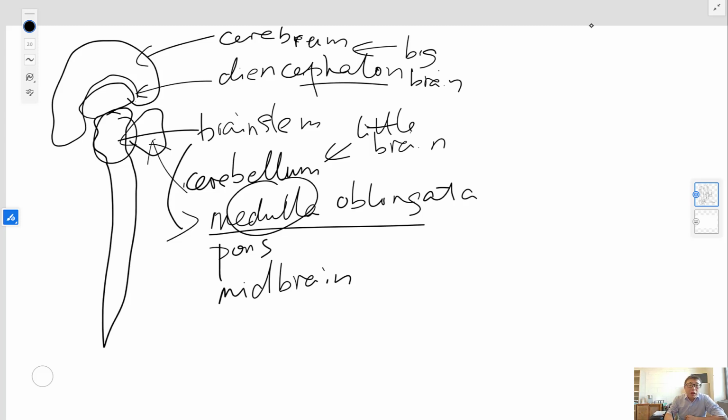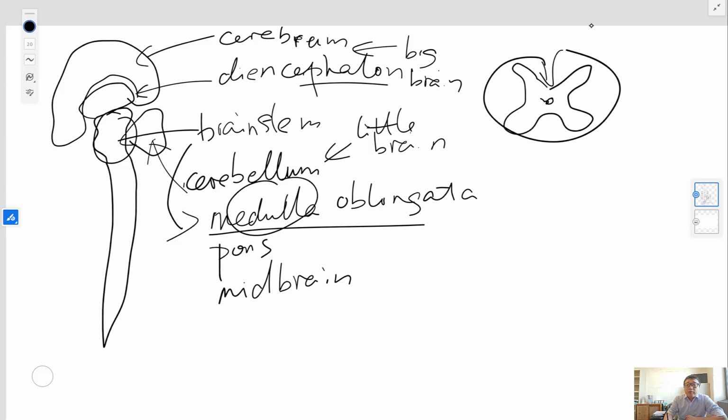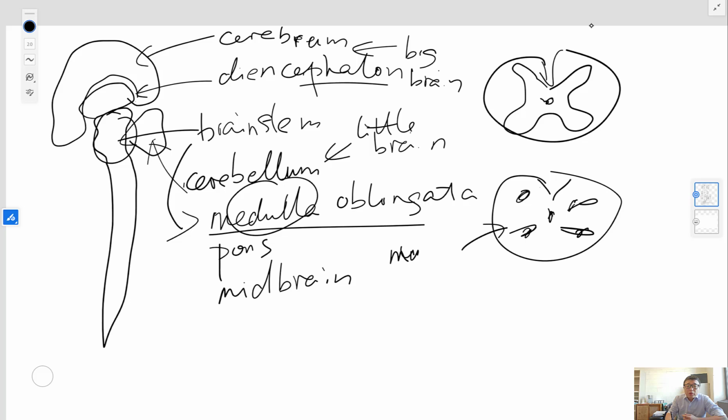If you remember, in the spinal cord there's a butterfly shape of gray matter in the center. But in the oblongata, there's nothing like this. The neuron cell bodies no longer join together in the center. Rather, they scatter all around,